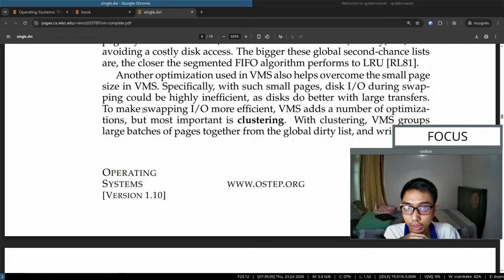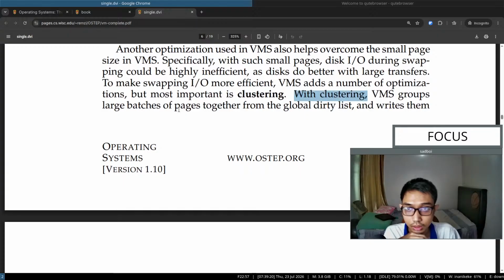To make swapping input-output more efficient, VMS adds a number of optimizations, but the most important is clustering. With clustering, VMS groups large numbers